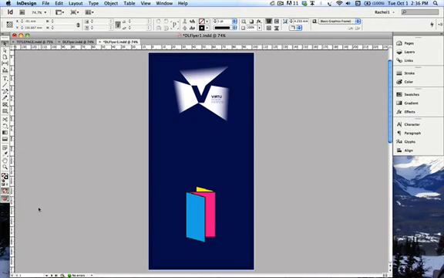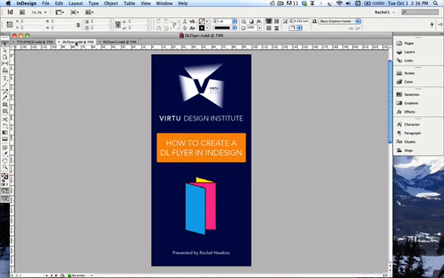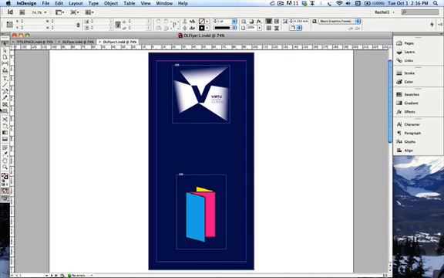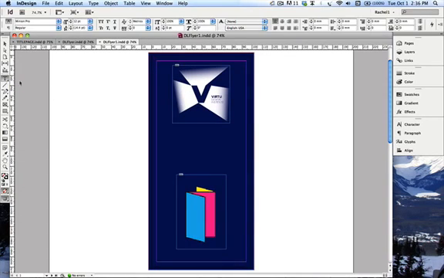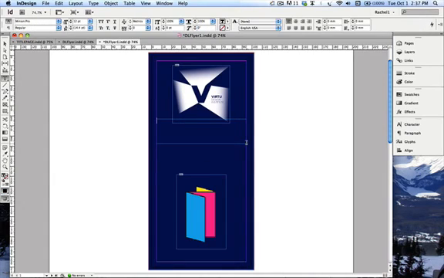Looking good. I'm going to save. I'm going to go back to my normal view and I'm going to insert text. So if we look at the original flyer, we're going to start inserting some text. Virtue Design Institute, that's what's next. I click on my type tool in my tools bar and I click and drag across the screen to my margins, and I'm going to turn my caps lock on and type